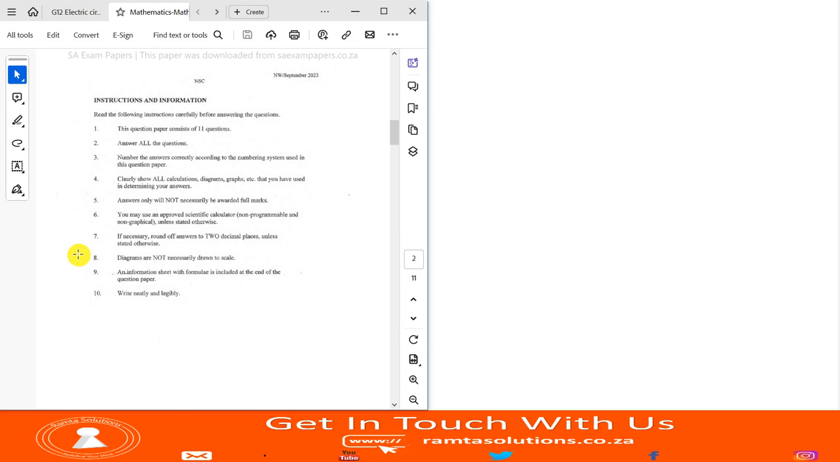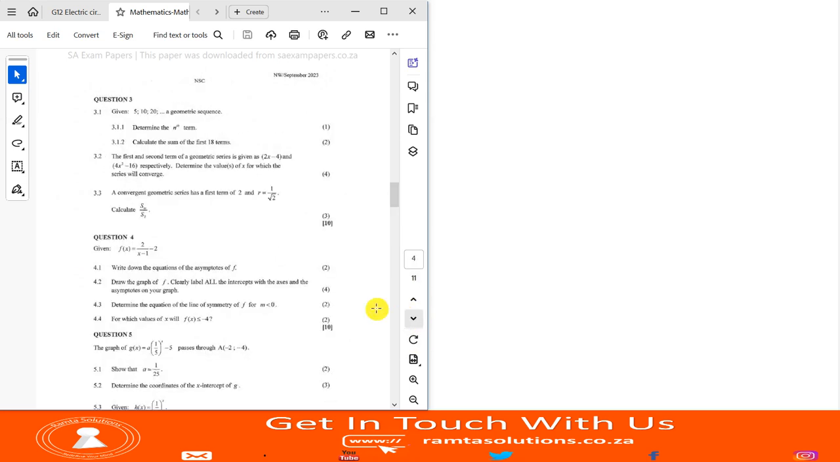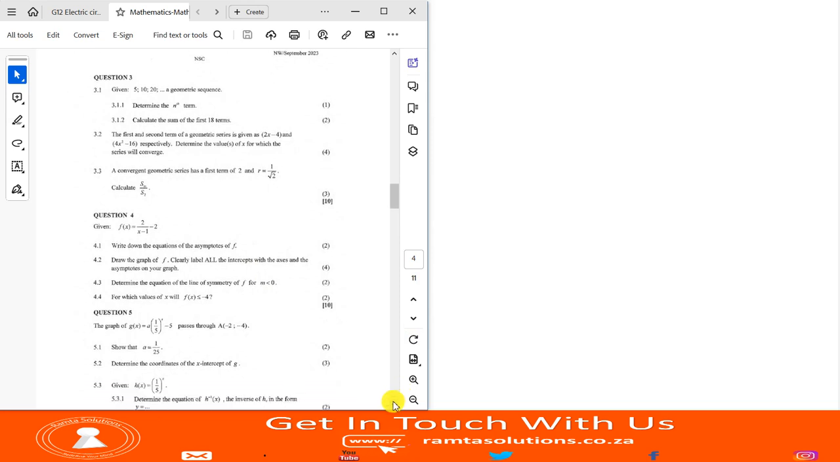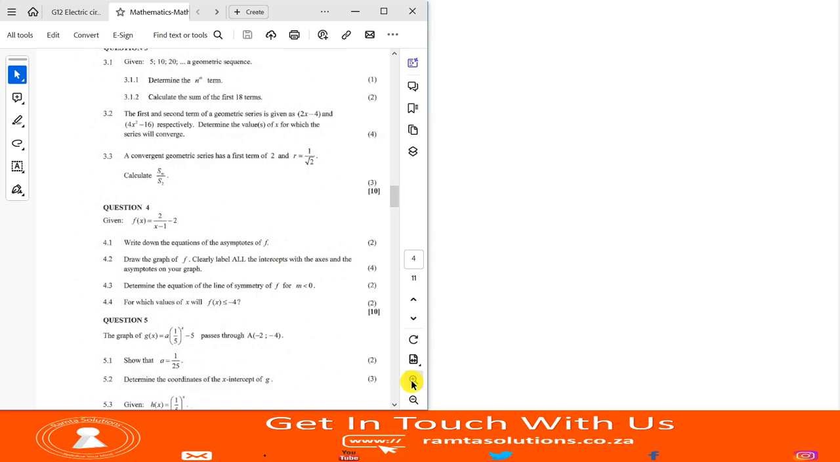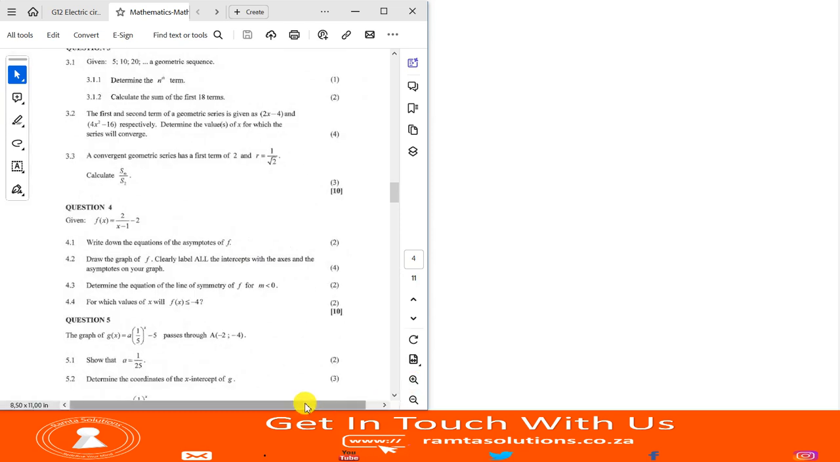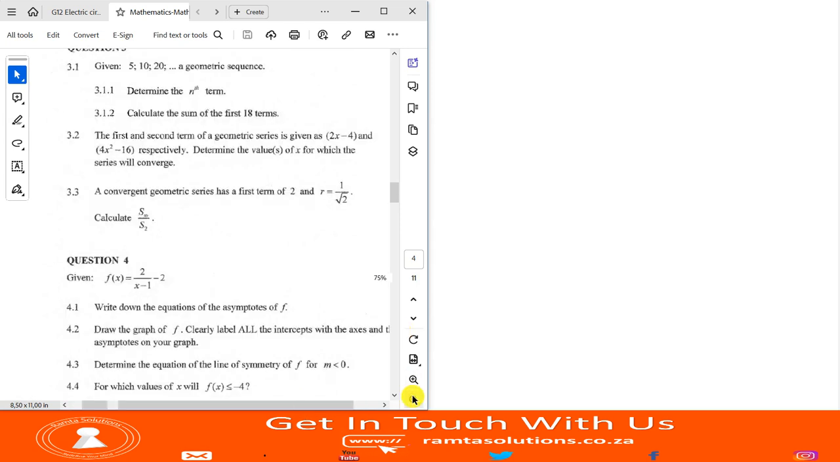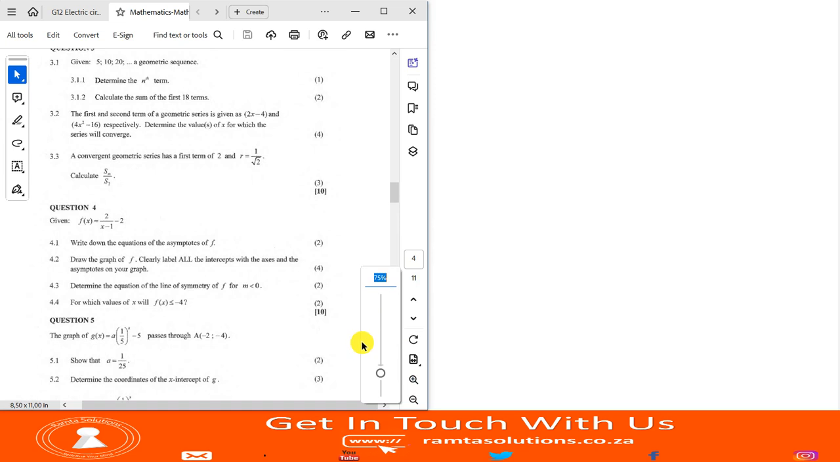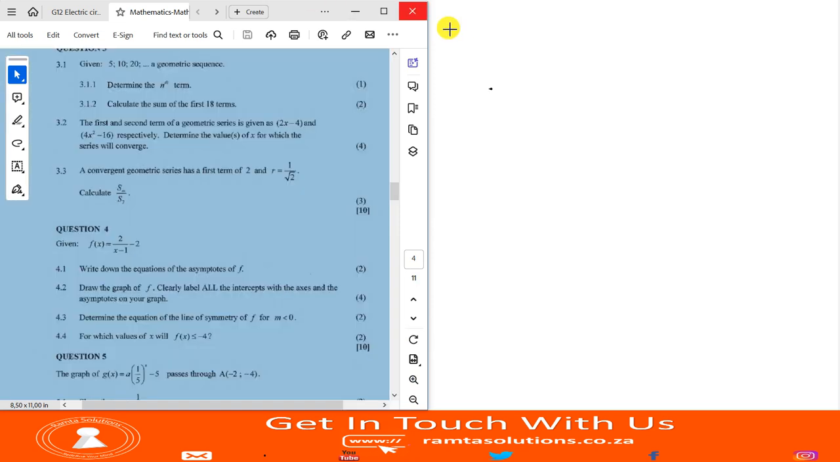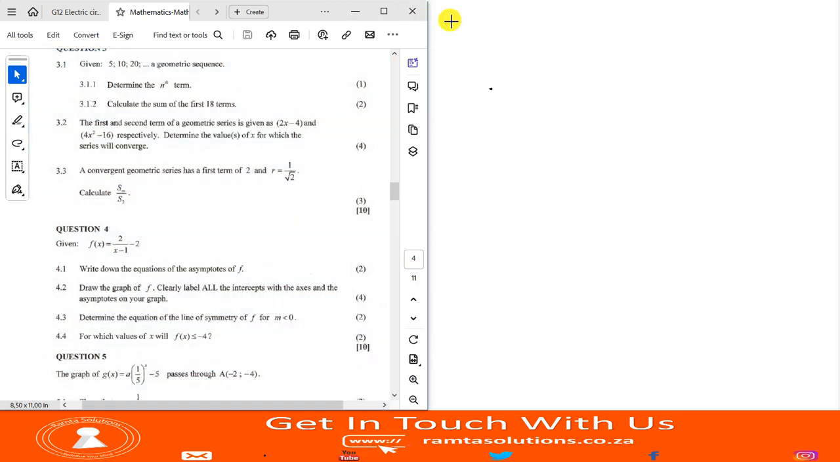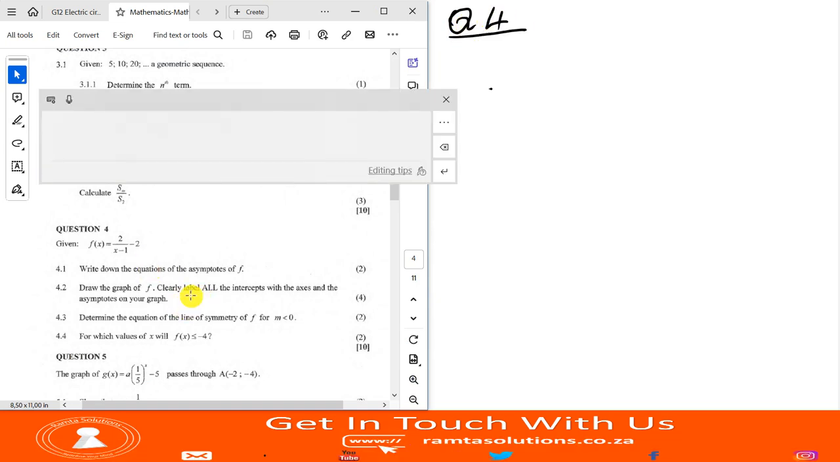Without any waste of time, let's get to our work now. So we are going to functions. They start at question 4. Let me zoom this a bit. I think it's better. Let me make it 85. Okay, all right. We're going to start with question 4, to be precise, question 4, not 5, question 4. So question 4 is a